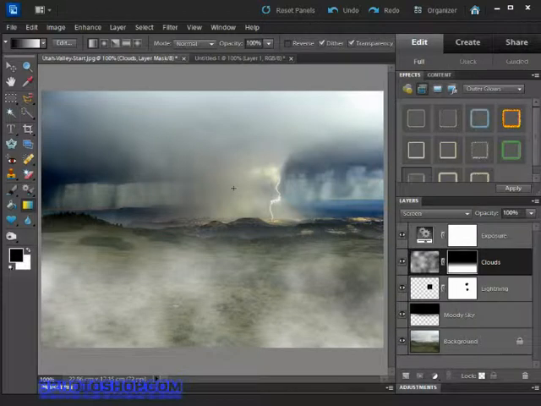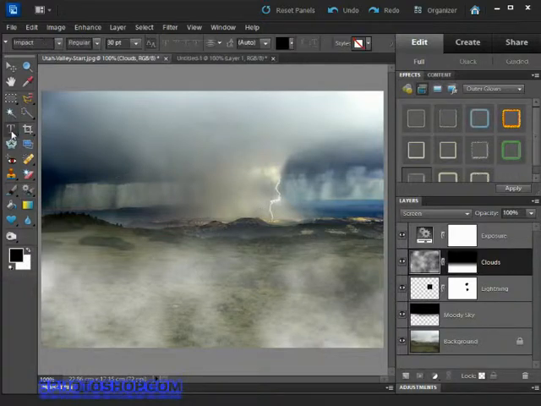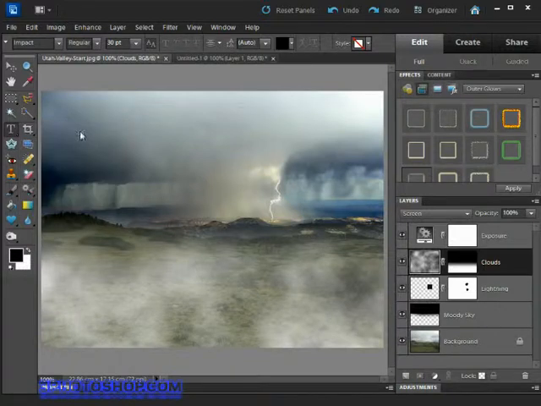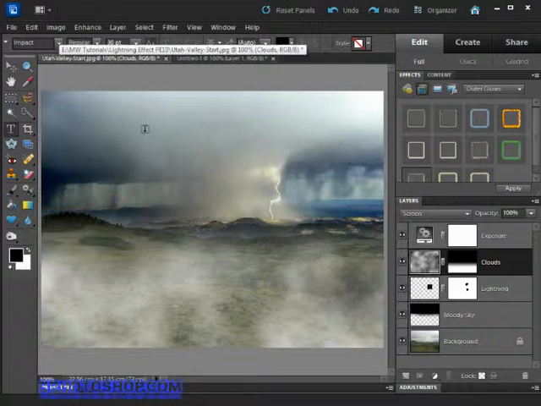Go ahead and grab the type tool from the toolbox over here on the left hand side, and make sure it's the horizontal type tool rather than any of the other versions of it, by the way. We don't want to be choosing something that's going to create some crazy effects. We want the standard type tool, and then set yourself a font and size that's appropriate for the image that you are using. And if you're following along with me using the project files available to members here at freephotoshop.com,